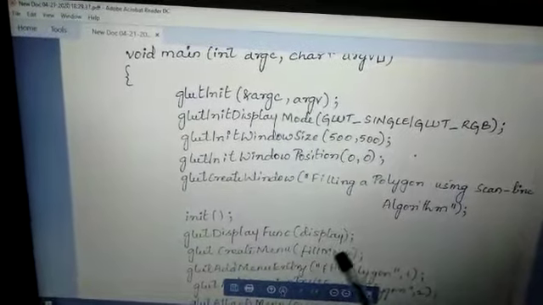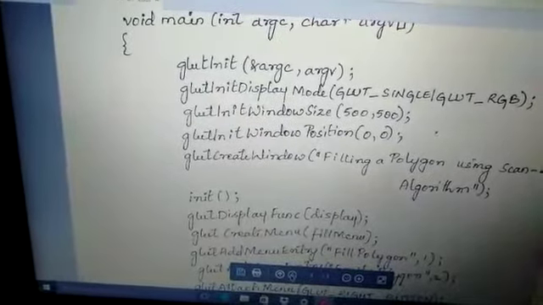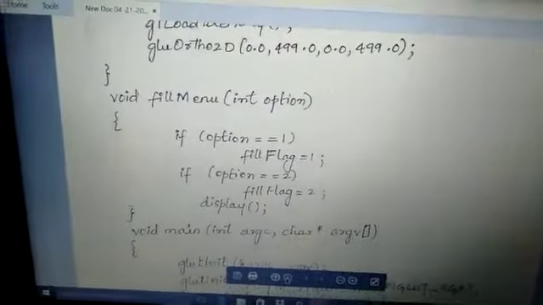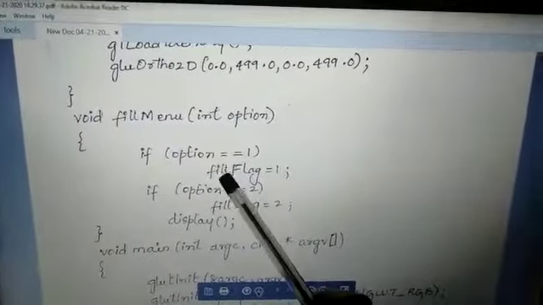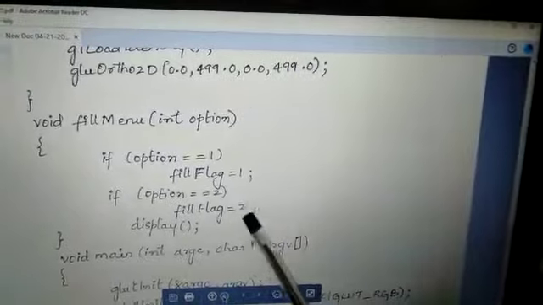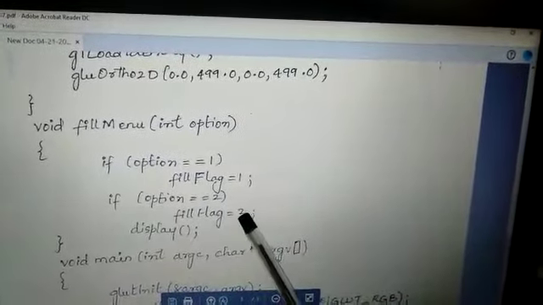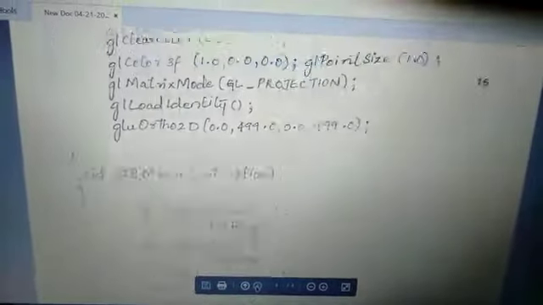When we are calling this glutCreateMenu, the control goes to fillMenu. In fillMenu you can see the options. Option 1 has been given for fill flag, where we are filling that particular polygon. Option 2 is given for fill flag 2. So it displays whatever option has been chosen.